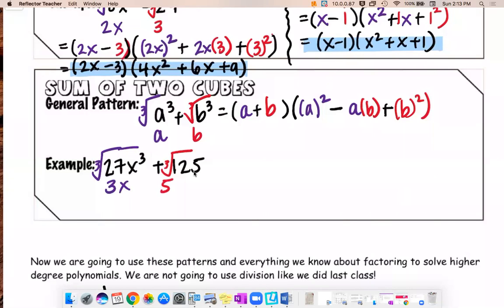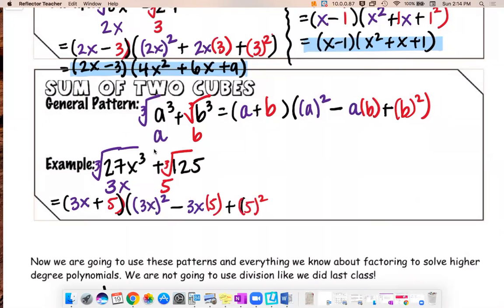Okay, then we plug it into our parentheses here. So this becomes 3x, and 5. And then we know the sign in the middle is positive because the sign right here is positive. And then we know that we take the a value and we square it right here. So 3x squared. And then this becomes a minus. And then we take a times b, so 3x times this 5, plus the b value, which is 5